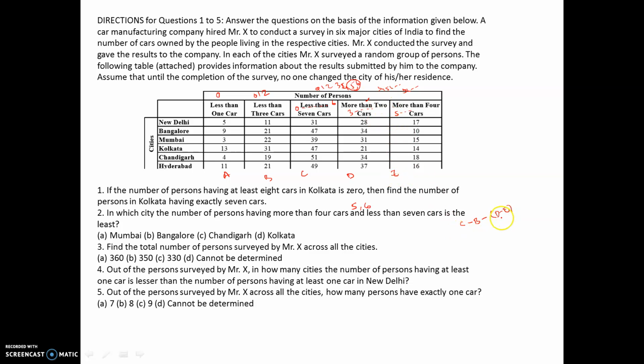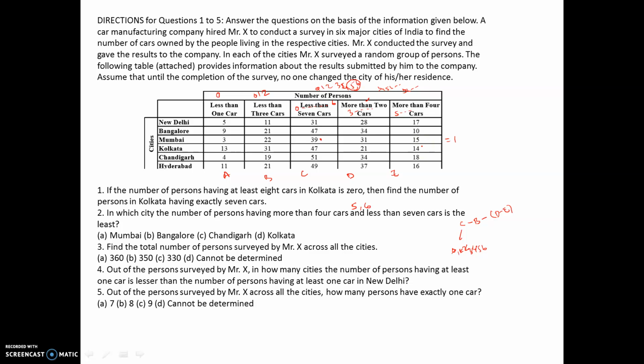So if I'm subtracting 3, 4, just imagine C is what? 0, 1, 2, 3, 4, 5, 6, right? What is B? It is 0, 1, 2. That is something that we are subtracting. And what is D minus E? 3, 4. So I'm left with only 5, 6, right? So quickly we could have done this for the 4 cities out here. So Mumbai, it is C, which is 39, minus B, which is 22, that becomes 17, and from the 17 we are subtracting 16, so the answer would have been 1.